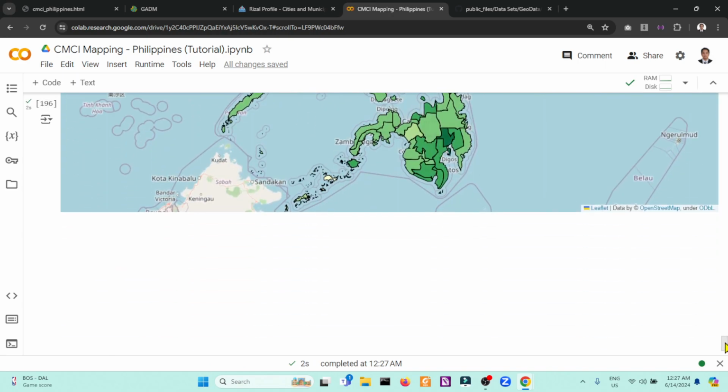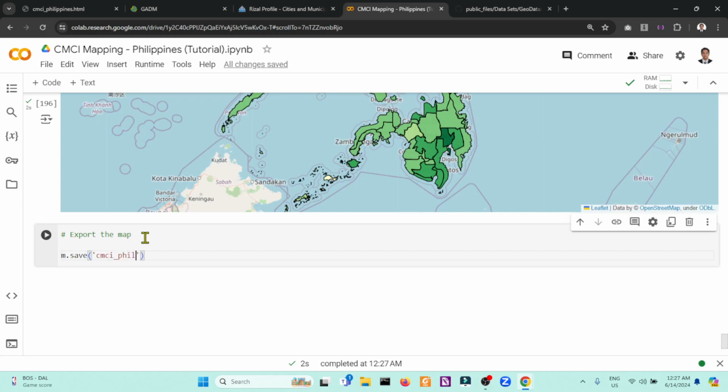Okay, then the last code will be to export the map, which is m.save, let's say CMCI Philippines.html.